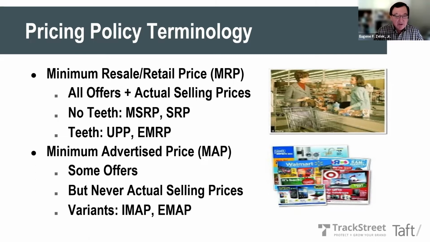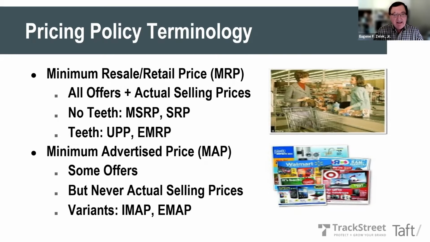They're just that. What they are is the kind of thing, if you're buying a new car and you see the sticker price, that's MSRP. The dealer is not required to charge that price. The dealer has flexibility to go up or down off of it. Similarly, if you buy a bag of potato chips and it's pre-printed with $3.98, the retailer doesn't have to charge that. And indeed, Walmart consistently charges less than what the Frito-Lay bags are printed. What does provide teeth in this area are what some people call UPP. And UPP stands for unilateral pricing policy. And it's often used in lieu of MRP.